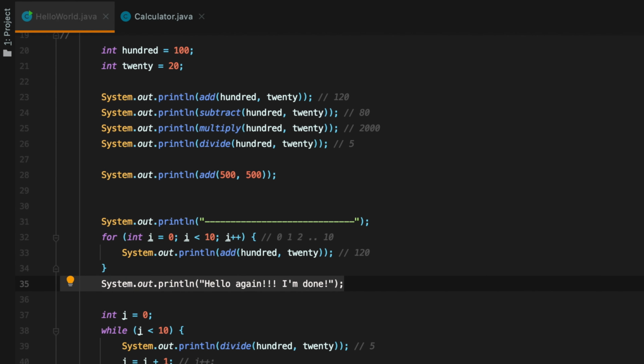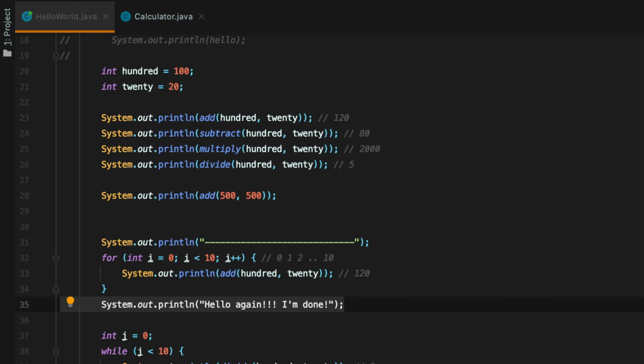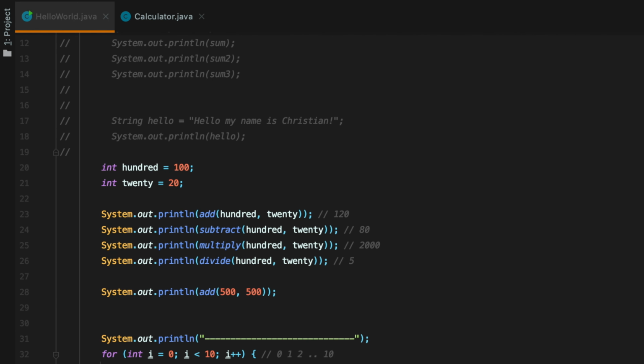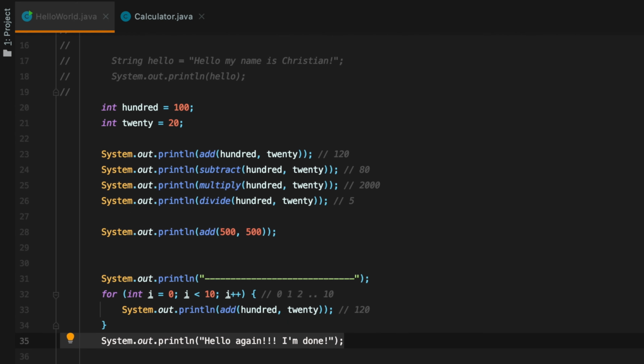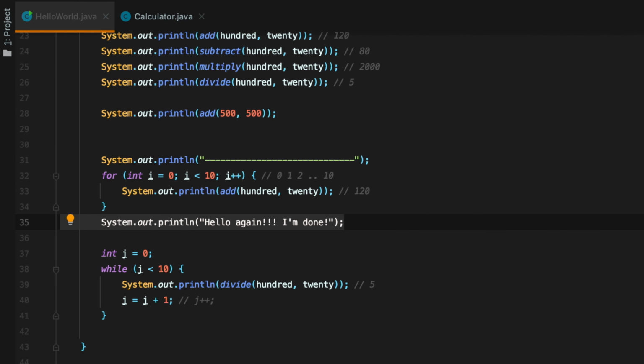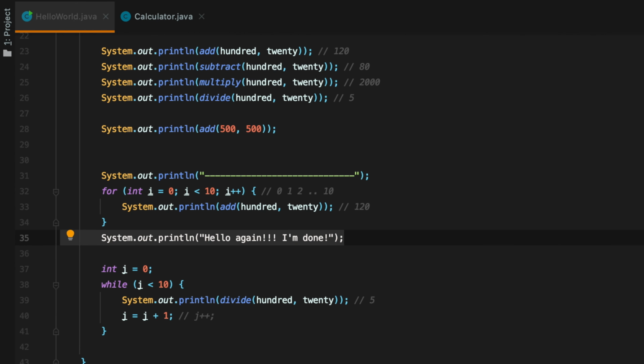Hey guys, welcome back to part 6 of the 10-part intro to Java programming tutorial. In the previous tutorial, we learned a little bit about loops, and in this tutorial, we're going to be learning